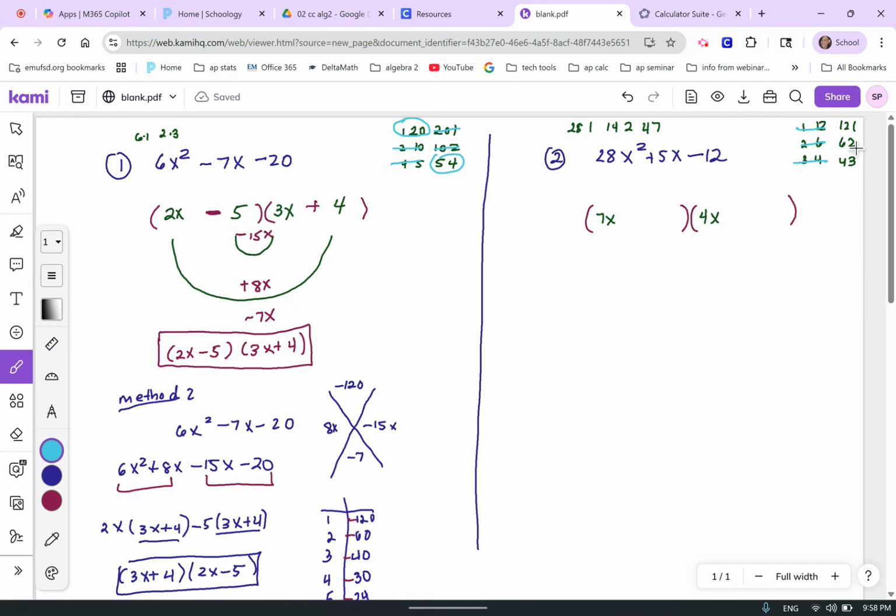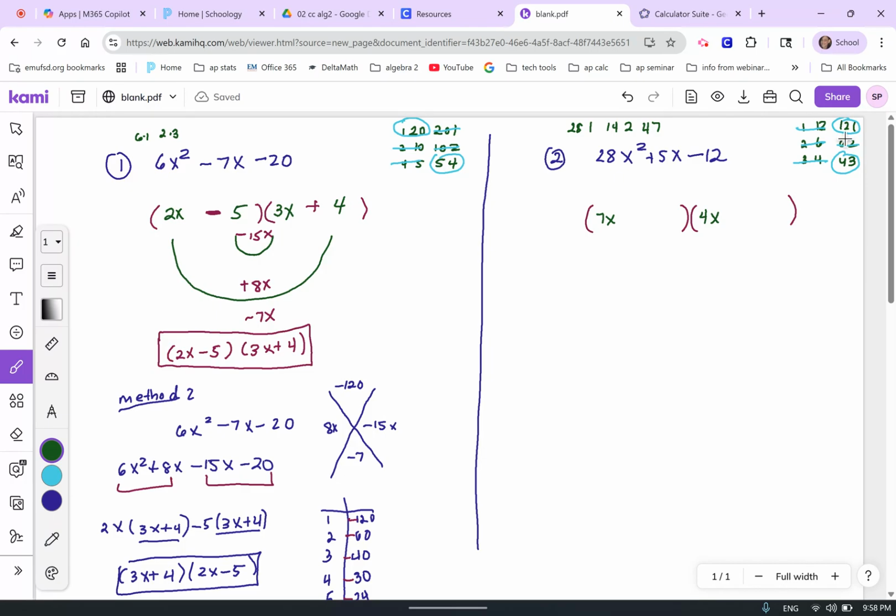It can't be 6 and 2 because 2 is in common to 2 and 4. And so what are you left with testing out? 12 and 1 and 4 and 3. So let's go ahead and see